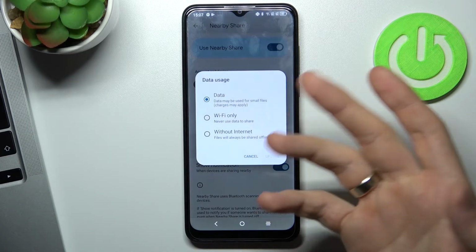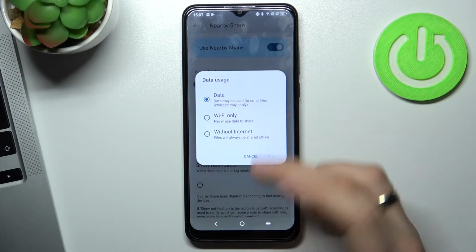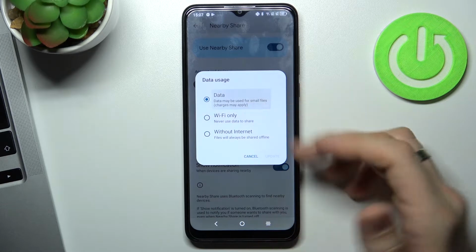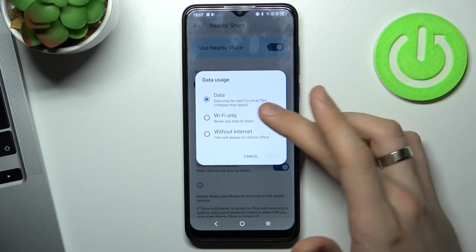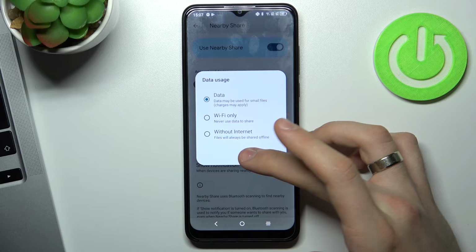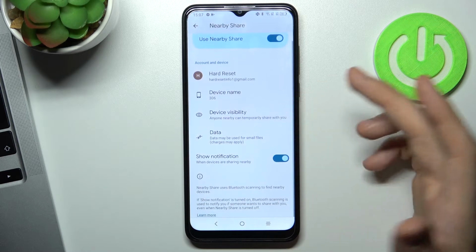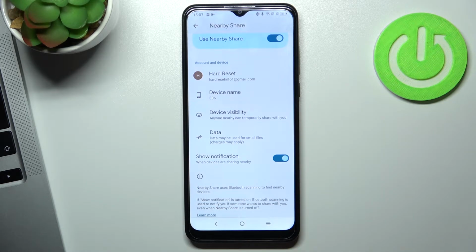Then change or choose data usage mode. I suggest choose data mode because it includes mobile data, Wi-Fi and Bluetooth modes. So that's all. Now we can share, now we can receive and send data, we can receive and send images,